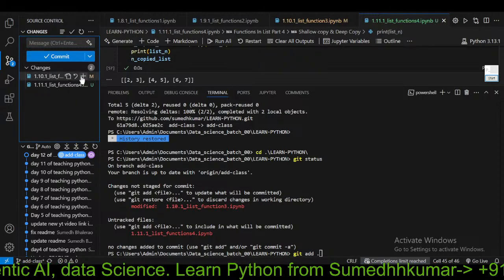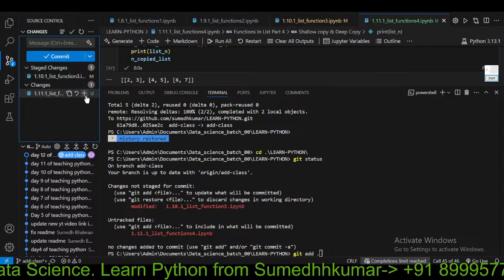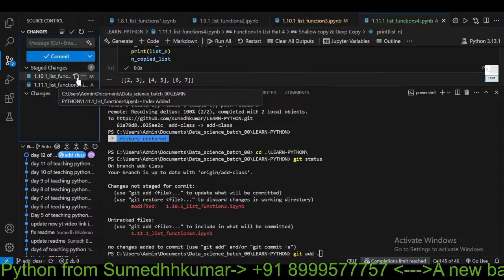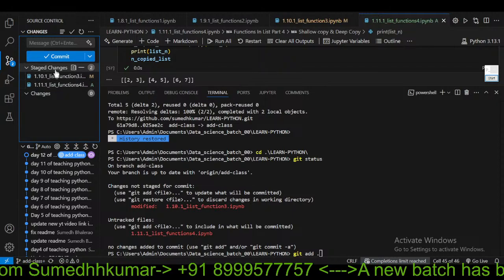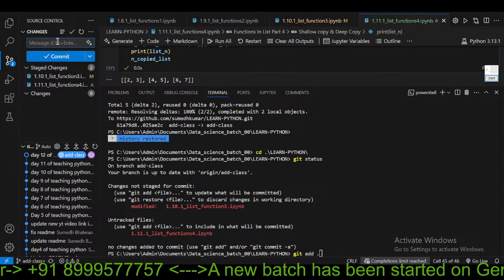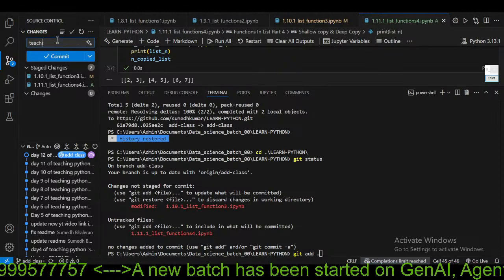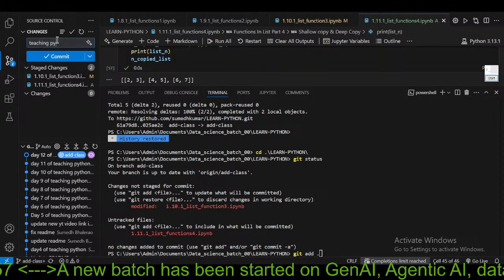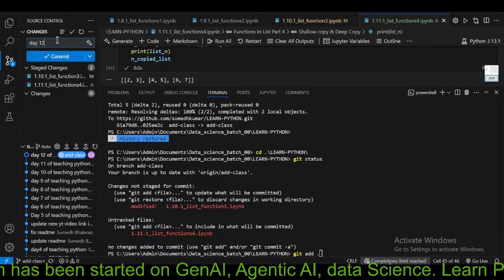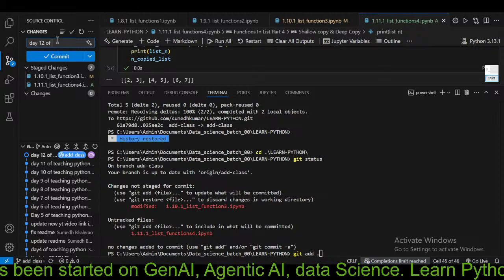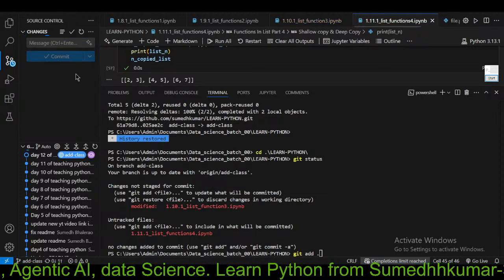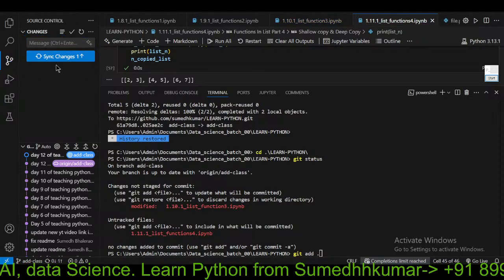तो ये दो चेंजेस मुझे add करना है। पहले इसको add करो, ठीक है, add करो। तो अभी ये स्टेज में चले गए, एक स्टेज पे चले गए। और आपको क्या करना है, एक कमेंट मैसेज डालना है यहाँ पर। मैं डाल रहा हूँ, like day 12 of teaching Python, ठीक है। और इसको कमिट कर दो।